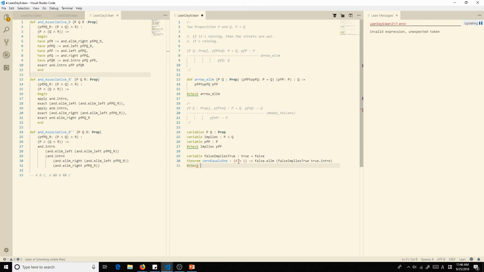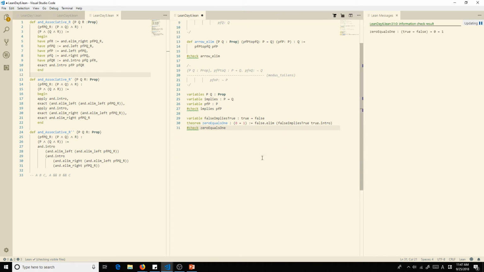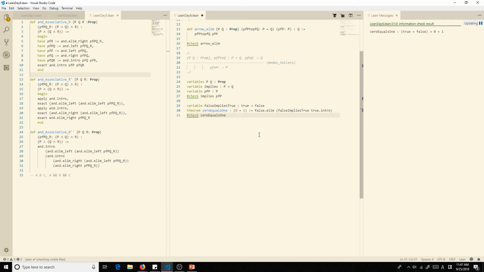So we definitely should not be doing that. When we check it, we have that 0 equals 1, and that's not what we want. So always be careful with those things. Now we're going to look at what we can imply with true and false. Open up the common area.